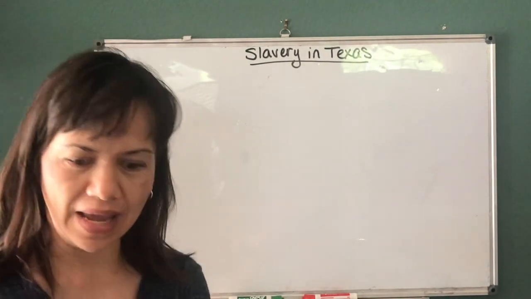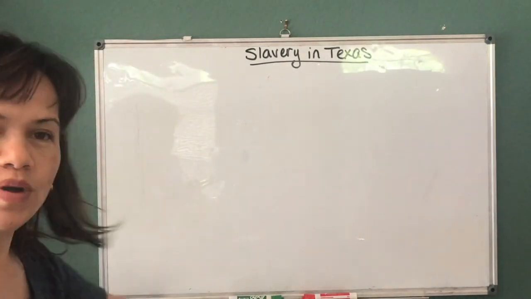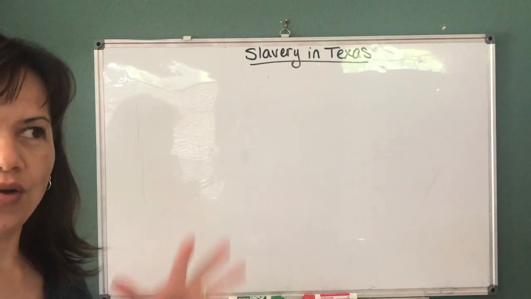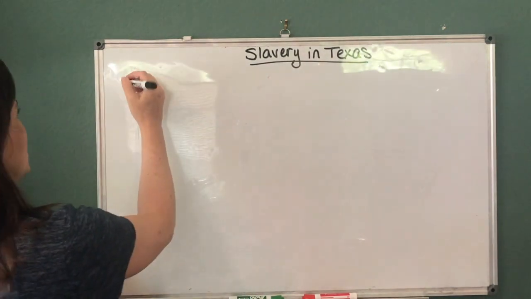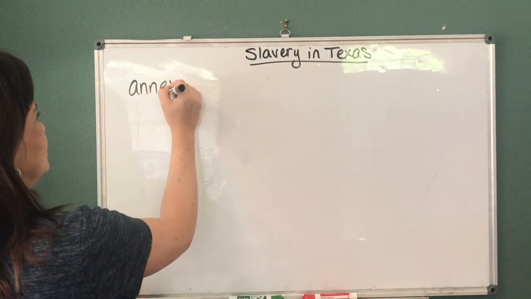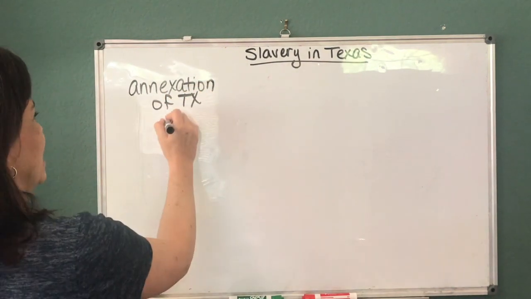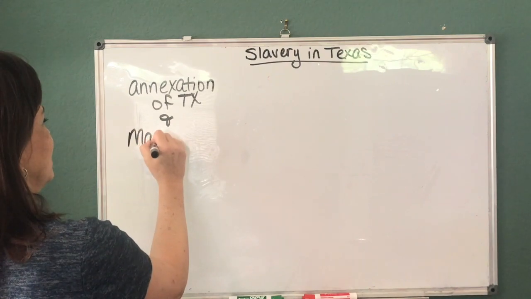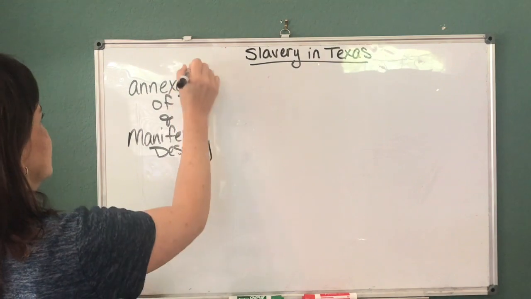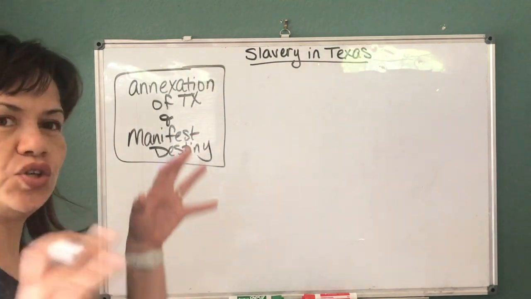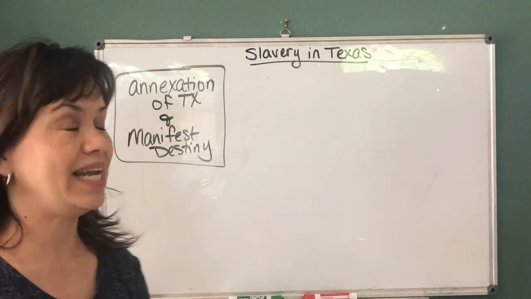So let's review and get to where we are now in Texas history. We've already talked about the war with Mexico, and the two major things that led to the war with Mexico were annexation of Texas and manifest destiny. Okay, so those two big things, Texas being added to the Union as a slave state, and